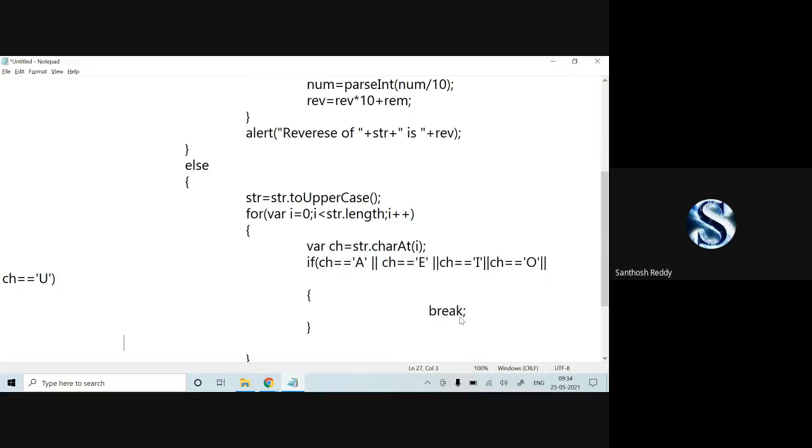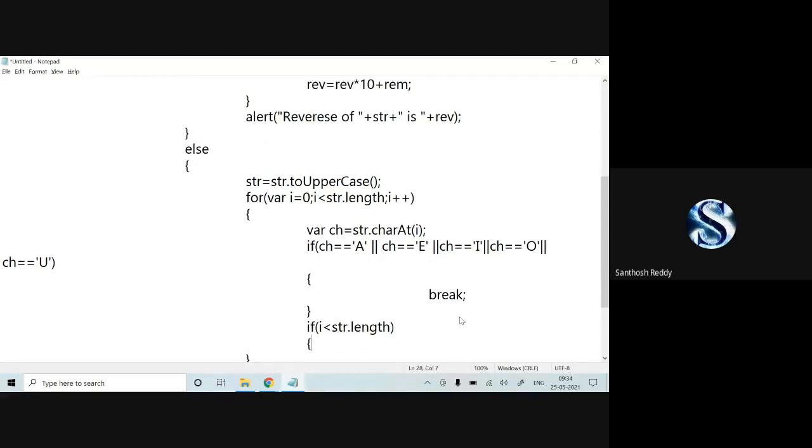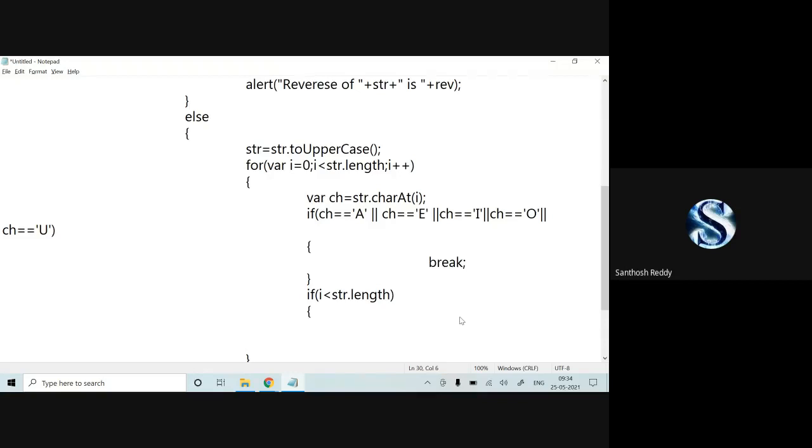Now, after breaking, if i is less than str dot length, obviously it will be less than length, then I'll print the leftmost vowel position in the if part.